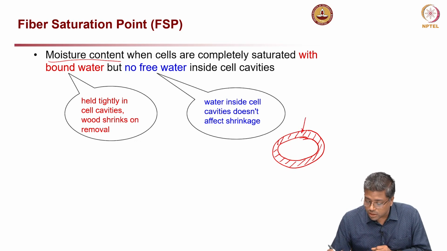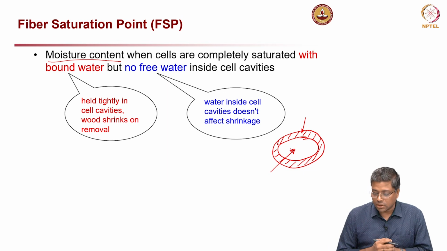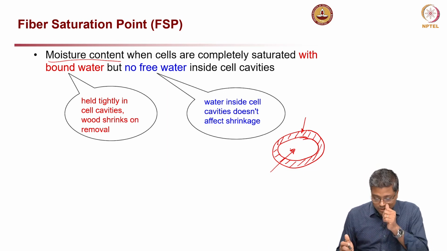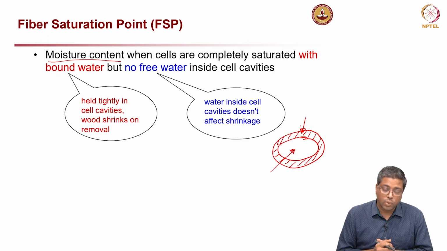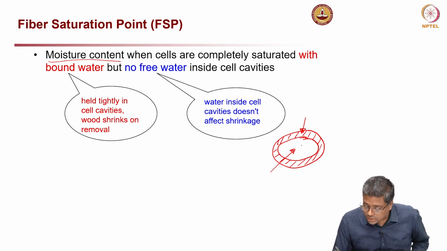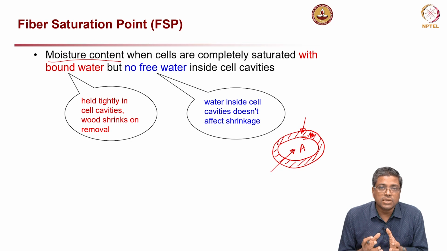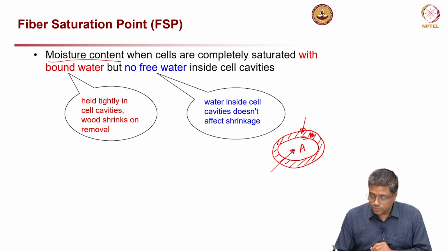So, this is the bound water which you are talking about. Now the water inside the cavity, the second one, is this one. The water inside the cavities does not affect the shrinkage. First, when you try to dry wood, let us say I am going to call this region A and then region B. First, the water in region A will evaporate, that is the free water, and then